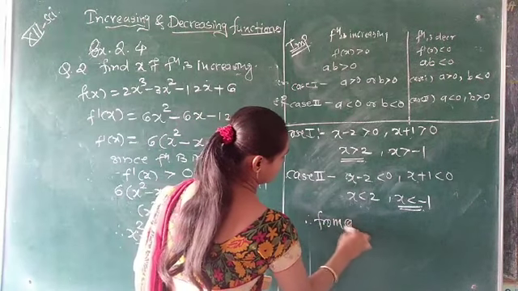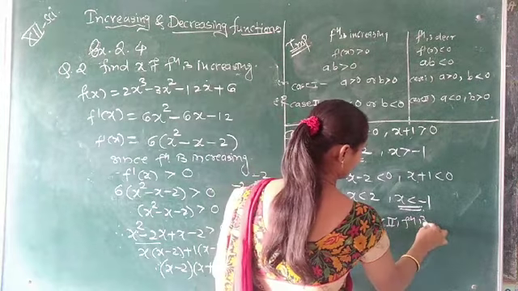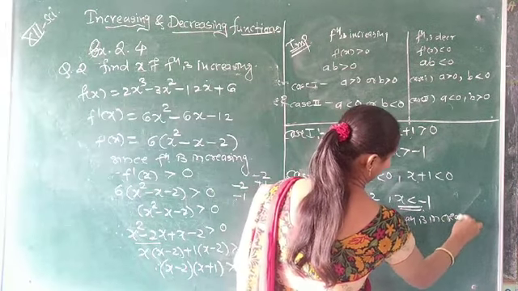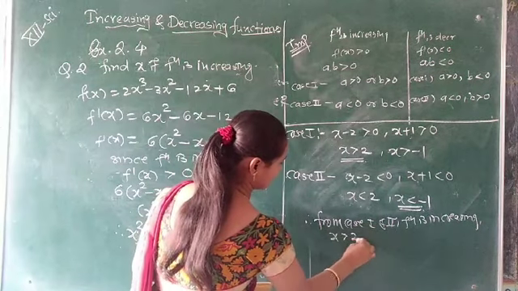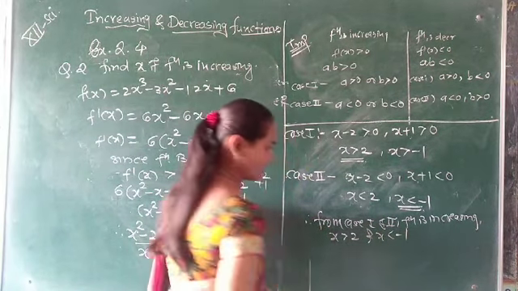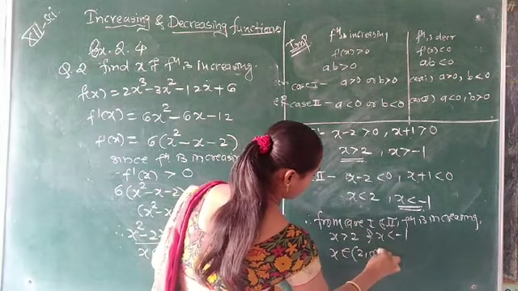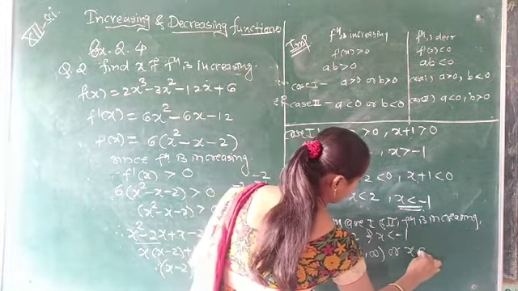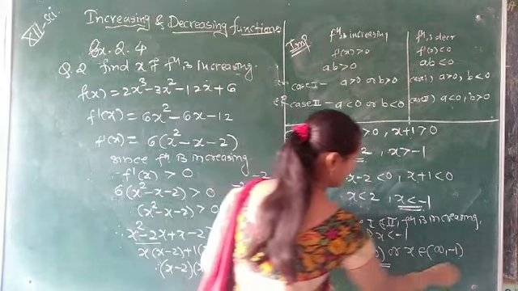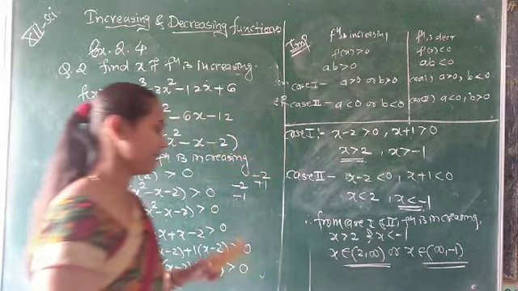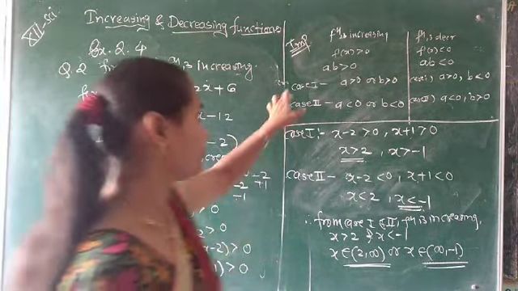from case first and second, the function is increasing. Therefore, x greater than 2 or x less than minus 1. In interval form we write this as x belongs to (2, infinity) or x belongs to (minus infinity, minus 1). These are the two intervals of x where the function f is an increasing function, which is an important thing,